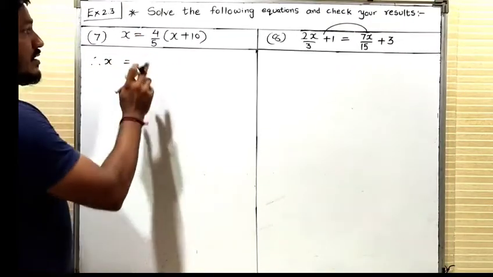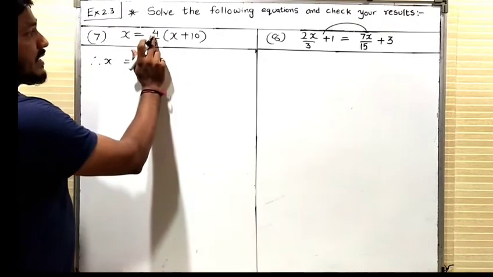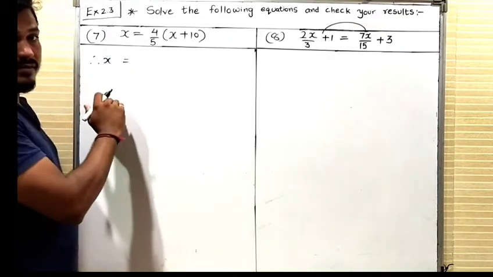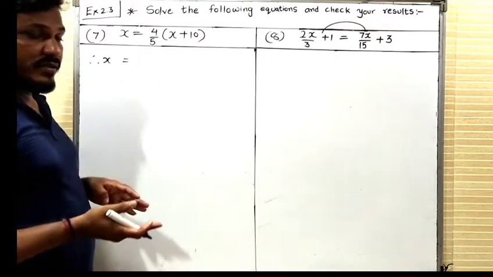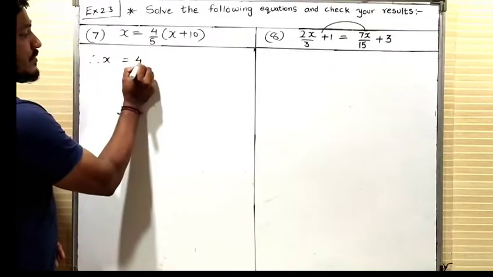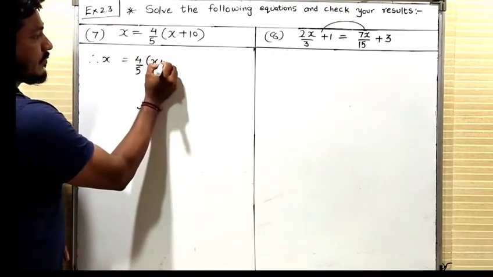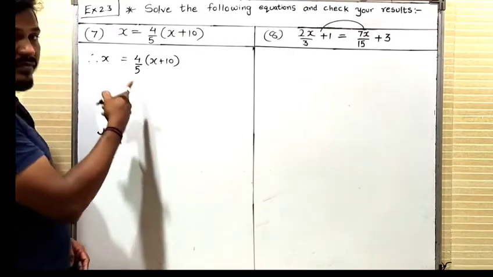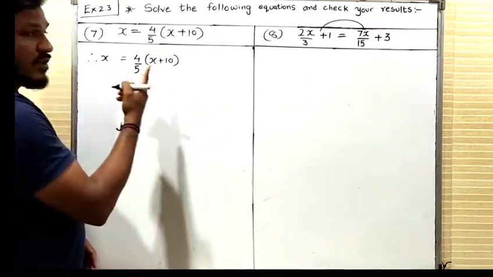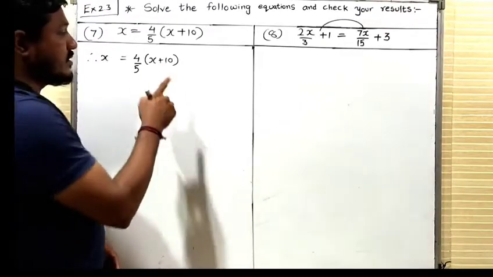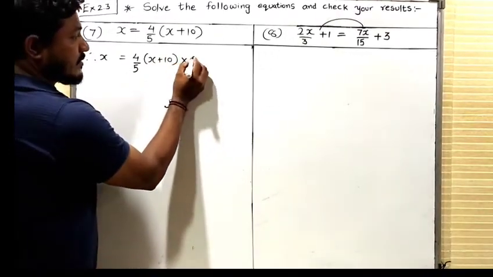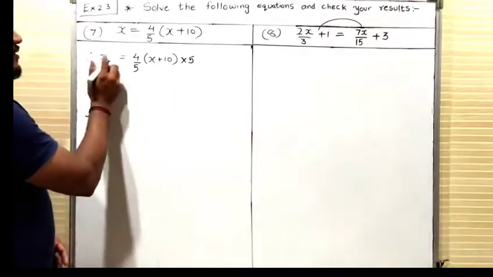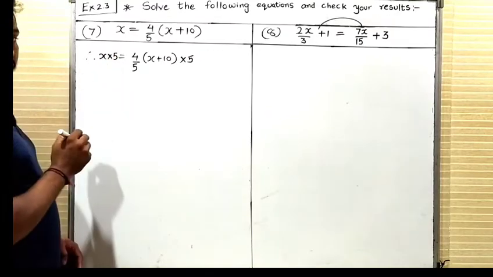Now here the confusion is, either you multiply 4 with this x plus 10. What about this 5? So I need to eliminate this 5 first. So write down this 4 by 5 as it is. Now a very simple step to eliminate this 5, it is in division form as I told you earlier. To eliminate any value which is in division form, the same value you need to multiply. Whatever value you are multiplying on one side, the same value you have to multiply towards your other side.